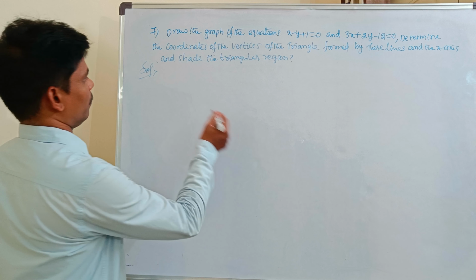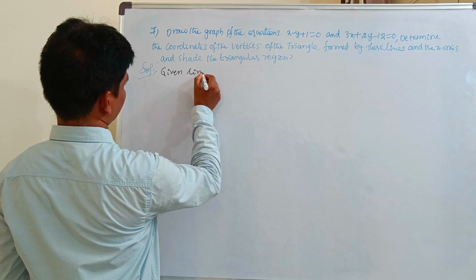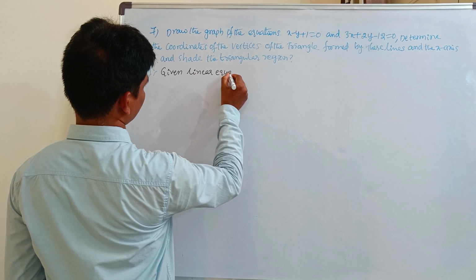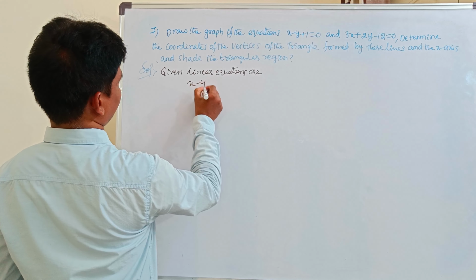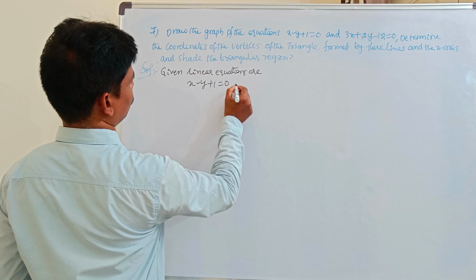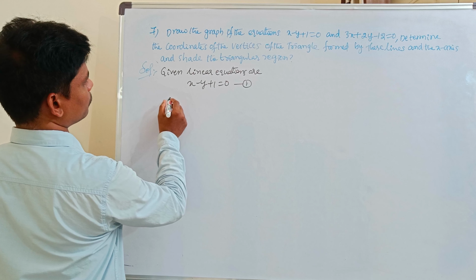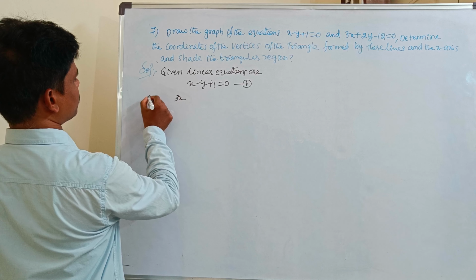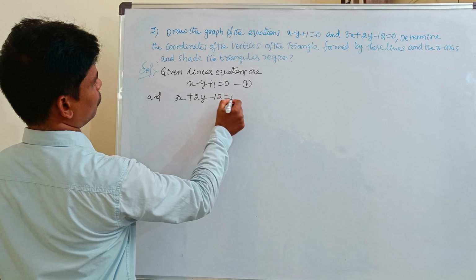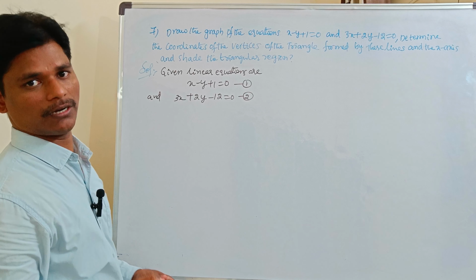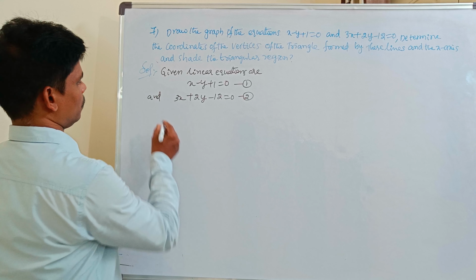See here, first take the given linear equations. x minus y plus 1 is equal to 0. This is equation 1. Next, 3x plus 2y minus 12 is equal to 0. This is equation 2. So find the solutions of those linear equations. So from 1,